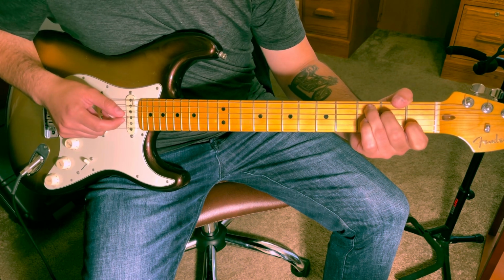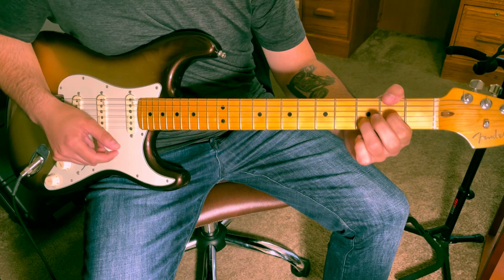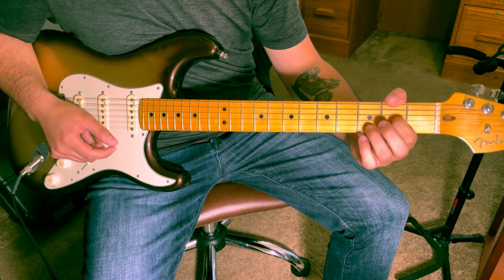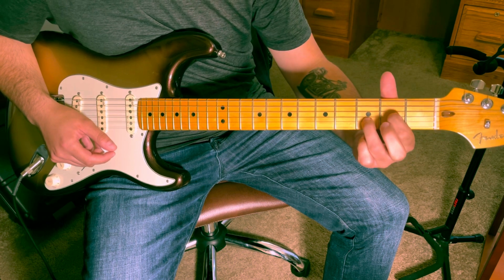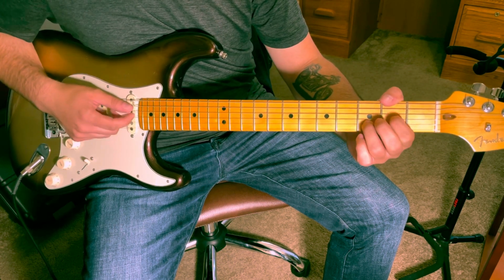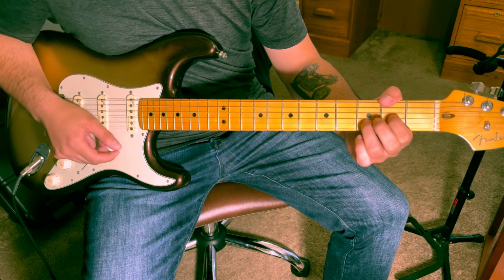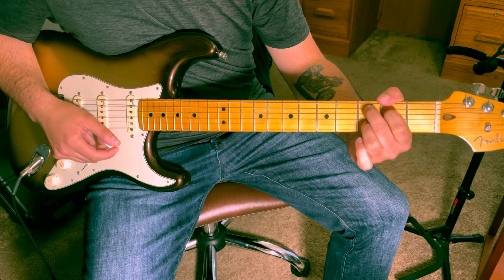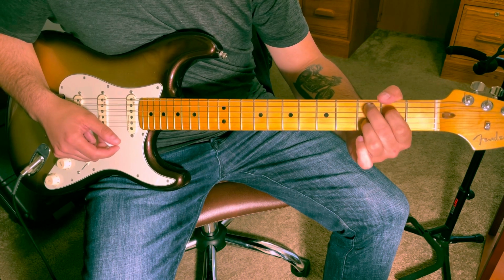Okay, then it's going to go to this D chord, which is just going to be the 2nd fret G, 3rd fret B, and you're going to leave the high E string open. You're going to go down, up, down, up, and then you're going to this version of a C chord, so it's going to be...